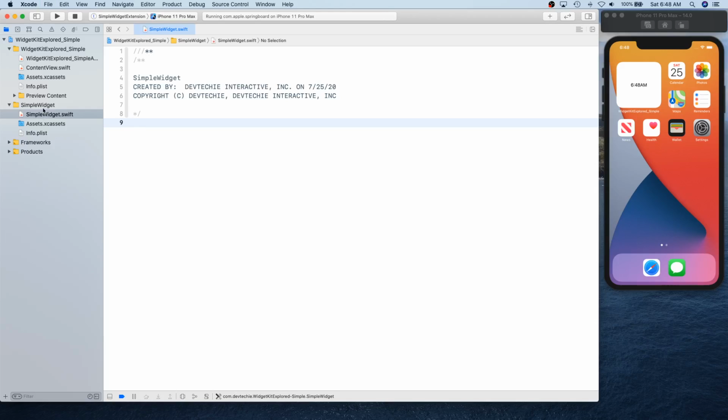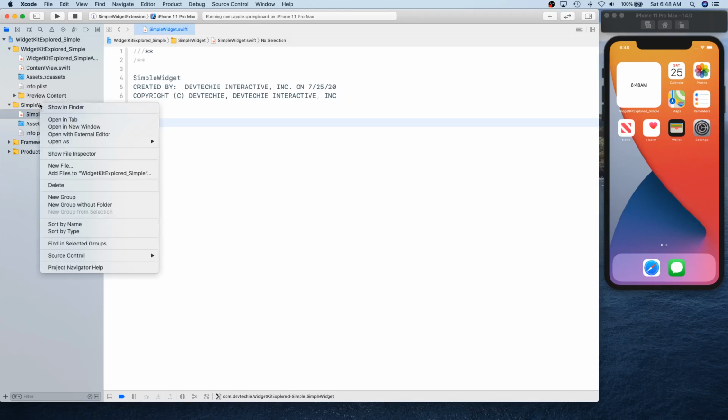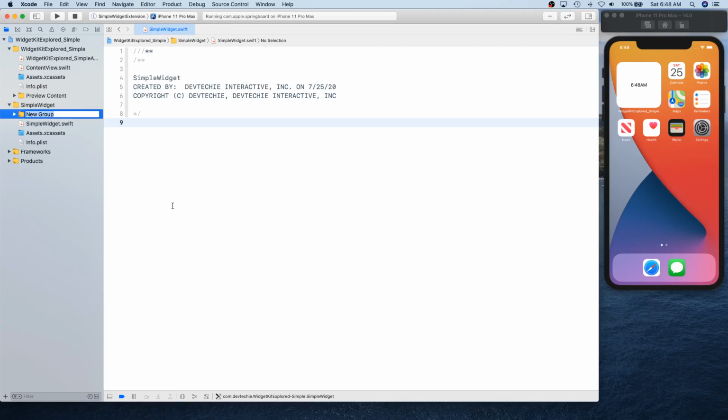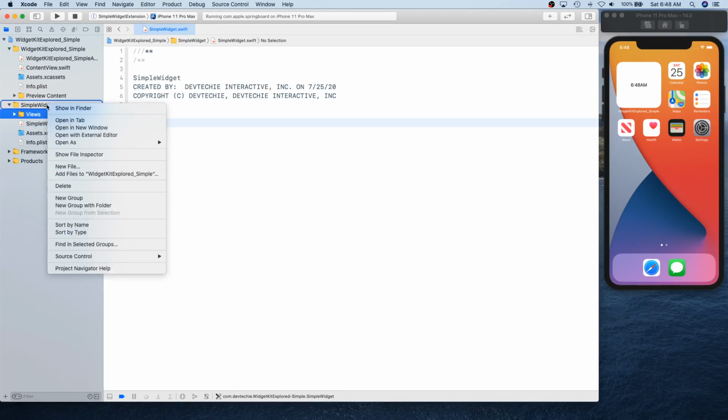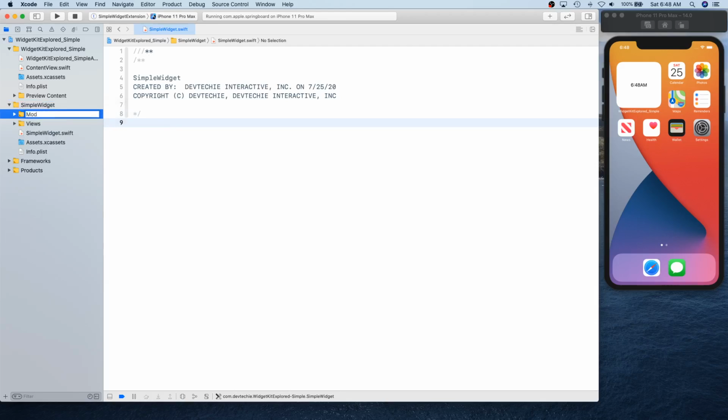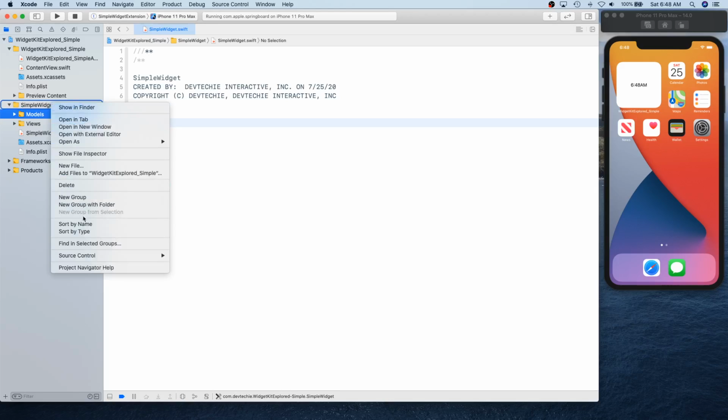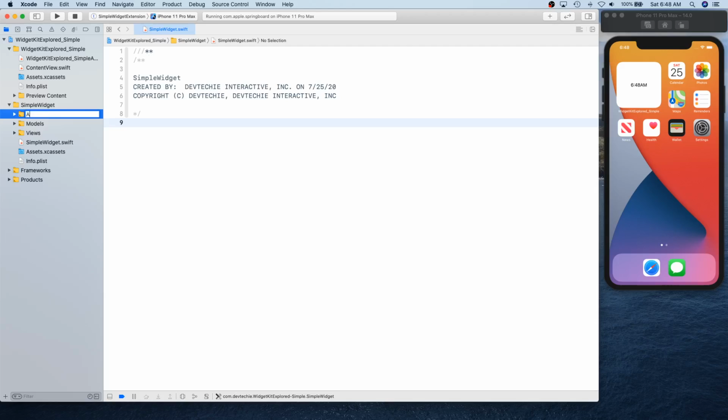So first thing I like to do is basically arrange my code. So I'm gonna create a new group without folder, and this one is gonna be called views. There might be some models involved, so let's create models, and let me create app as well, where we're gonna put all these app related things.